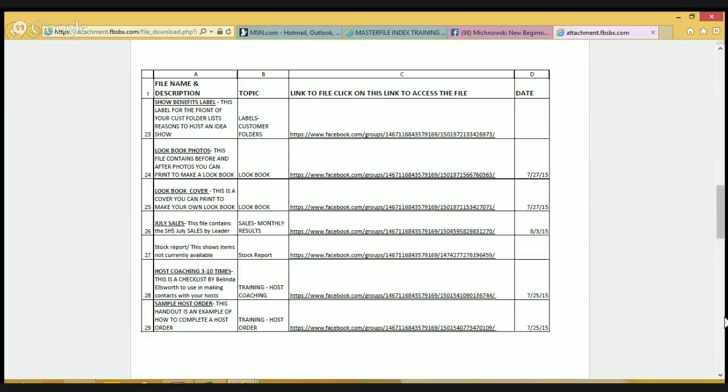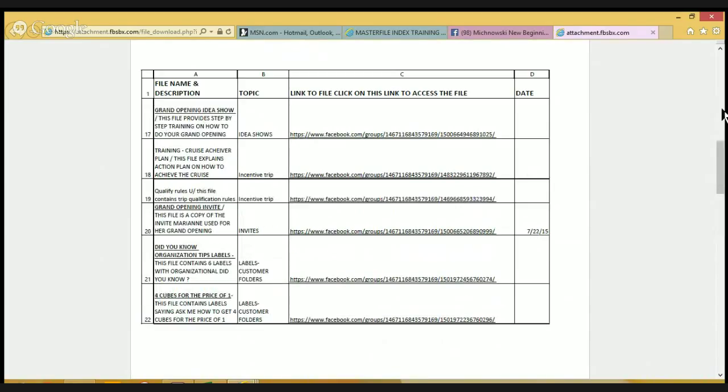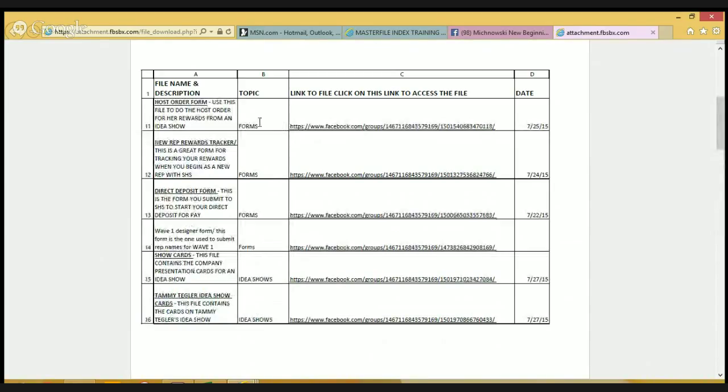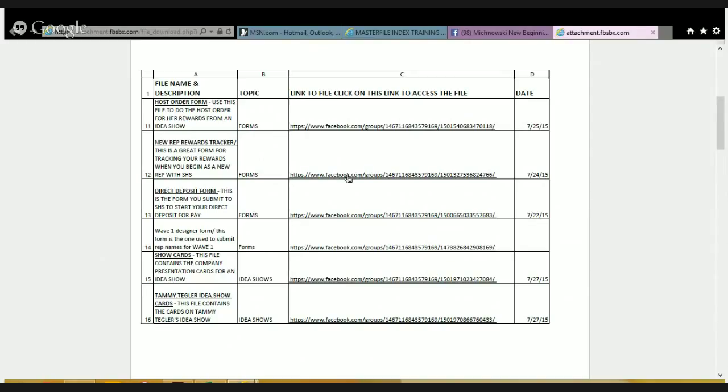Depending on what I wanted to look at, say I was looking for a form, I'd come down here and search and say, oh yeah, that's what I needed, the new rep rewards tracker. When I wanted to access that file, all I have to do is come over here to the URL. The URL is the big long HTTPS, and it should be underlined. If you simply click on it,